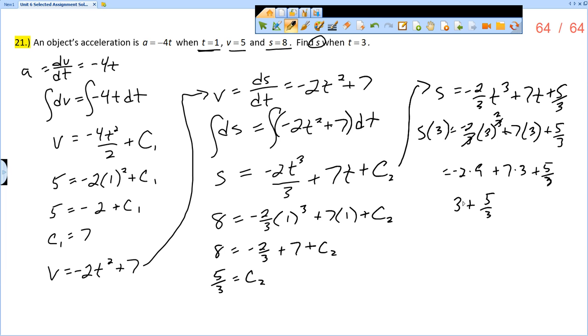So 3 is 9/3, right? So I multiply by 3 over 3. So 9/3 plus 5/3, right? And so I get 14/3. All right, that is problem number